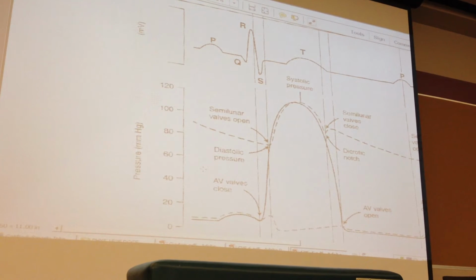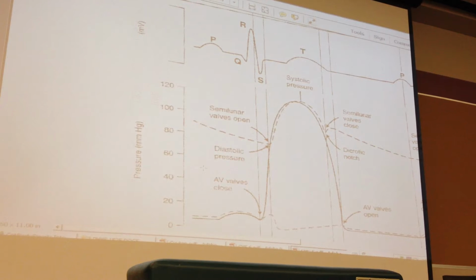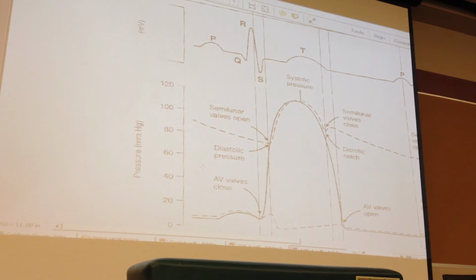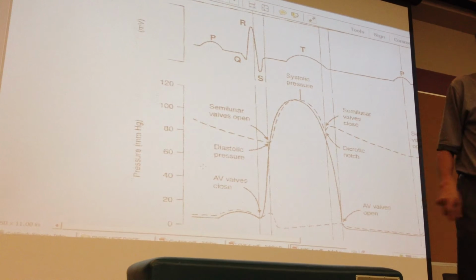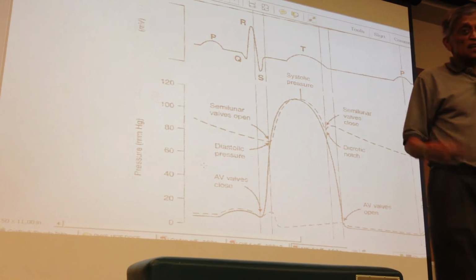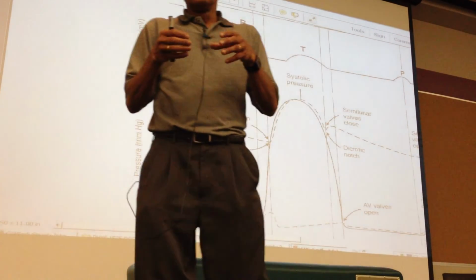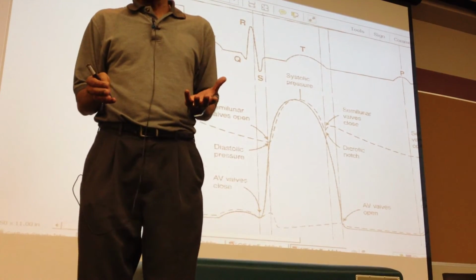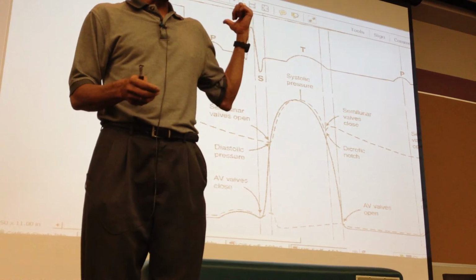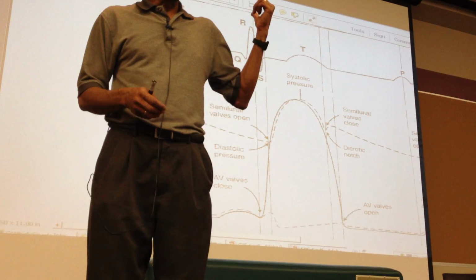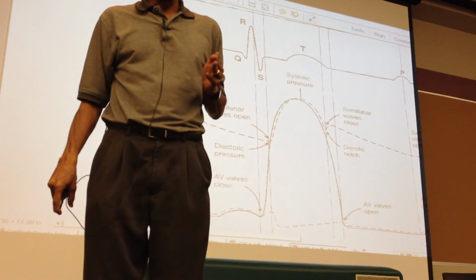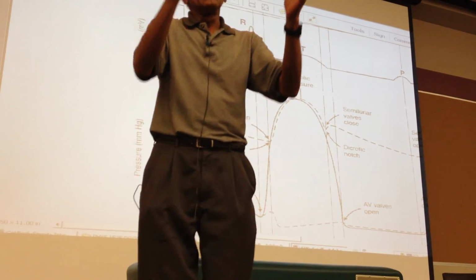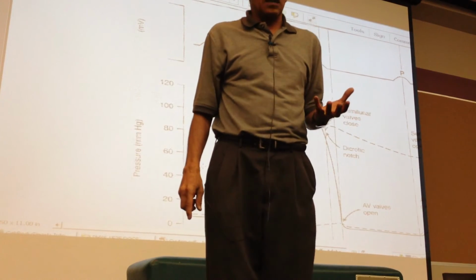So atrial contraction, a mechanical event, occurs after the atria have depolarized, after the P wave. And when the atria contract, what must the ventricles be doing? Relaxed. Keep in mind that in order for the ventricles to contract, the QRS wave needs to have been generated. And so we can safely assume that the atrial contraction will occur when the ventricle has not yet been depolarized. Make sense? And what is the ventricular depolarization wave represented on the ECG? QRS complex. Therefore, the atria must contract somewhere after the P wave and before the QRS complex is completed. Follow me? It's only after the QRS is completed that the ventricles will now start contracting.